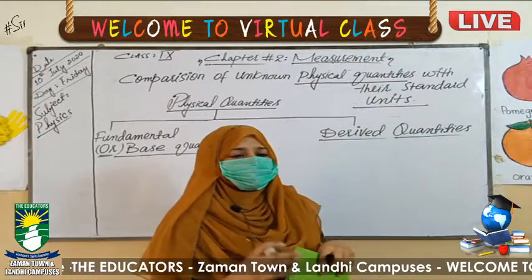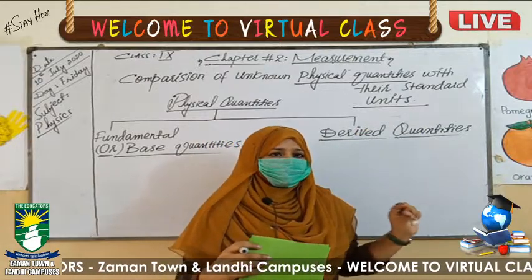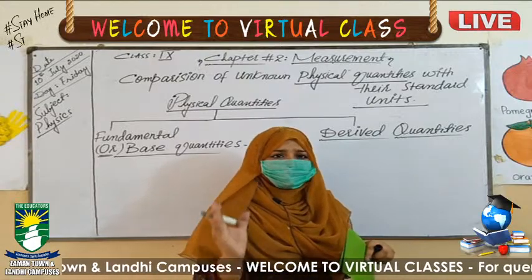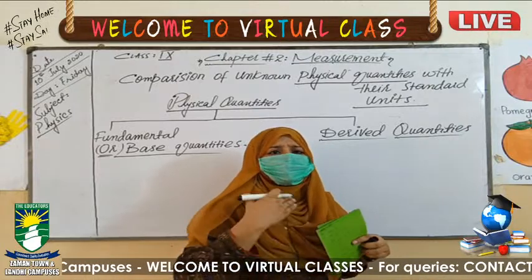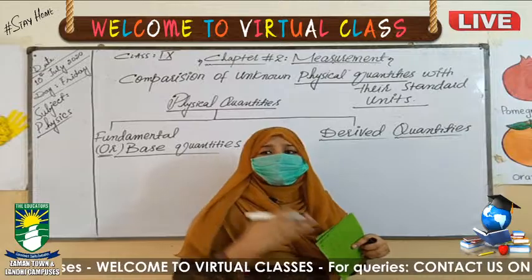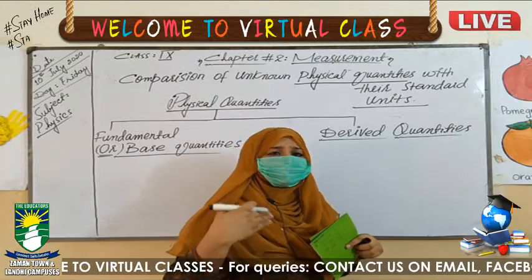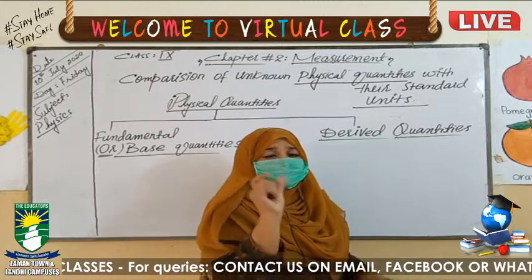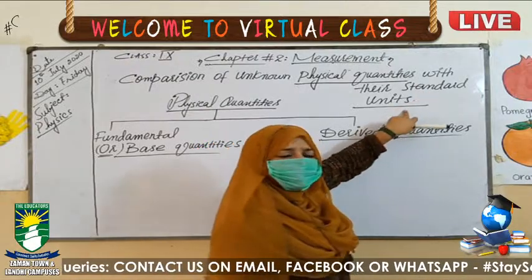Similarly, if we have to purchase cloth, we purchase that cloth by length. How do we measure length? We measure length either in meters or in kilometers, depending on the length. If it is very lengthy, like if we are measuring a road, we will measure that in kilometers because it is very lengthy. While if we are measuring cloth, we measure the cloth in meters. Meter and kilometer are basically the standard units.